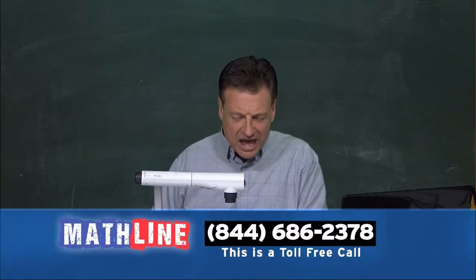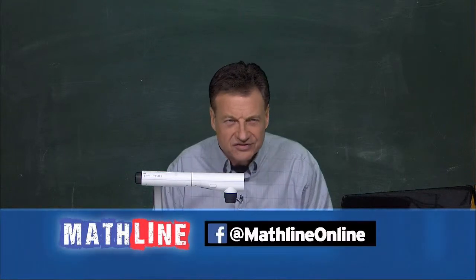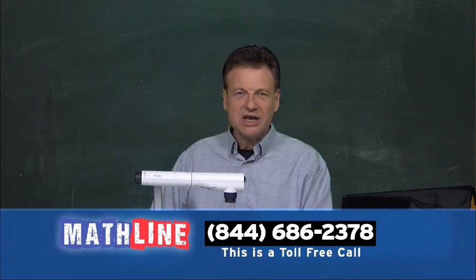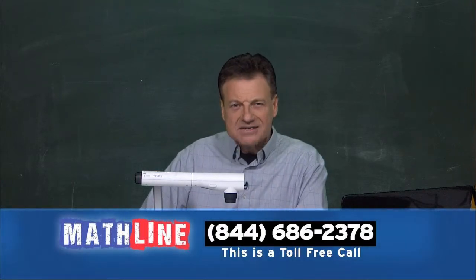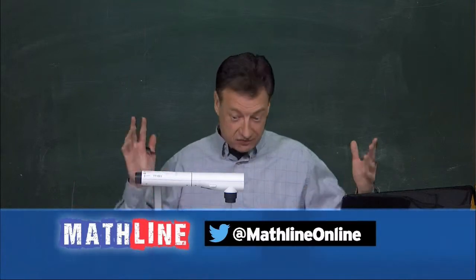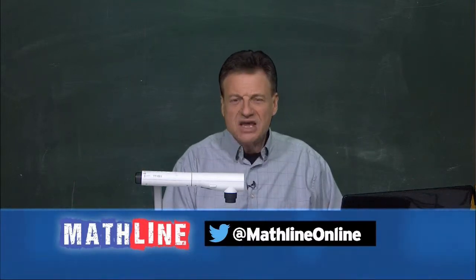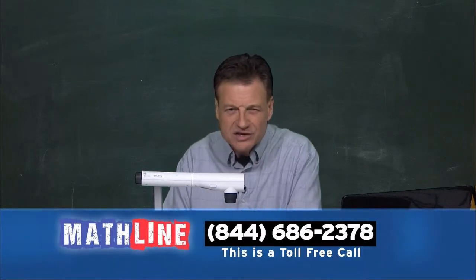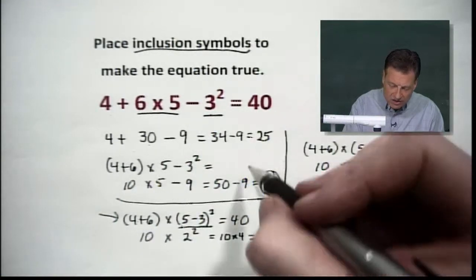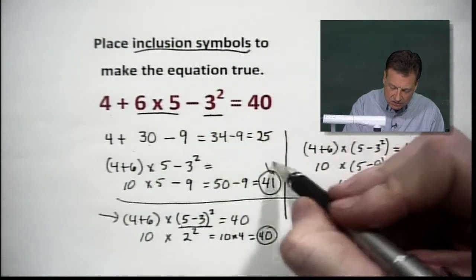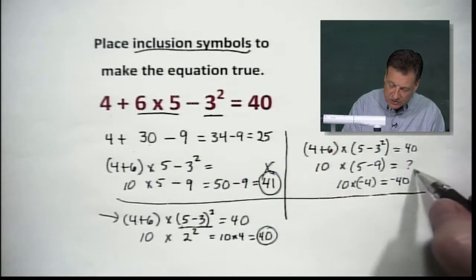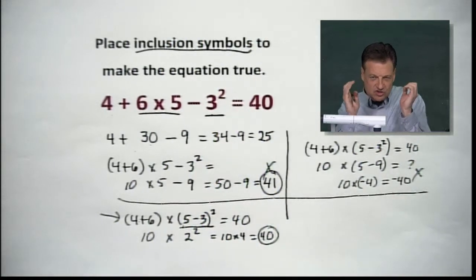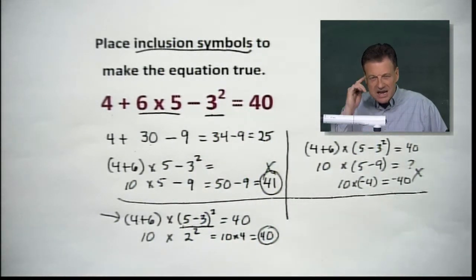Yesterday afternoon, I had inclusion symbols, and someone called. One of our adult viewers called in, and I appreciated the question. It was really a lot of fun. We didn't get him on the air because I think he disappeared from us. He was asking something about whether we could have used absolute value bars. So let's take a look at the problem we had yesterday. We worked out that this was a bad way, this was no good, this one was good, this one was not good, all right? So this was the one that actually worked. We were trying to figure out where to put inclusion symbols, which are our parentheses. Now, the gentleman asked,